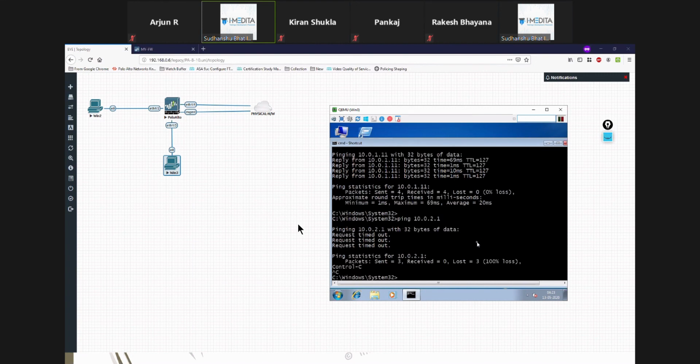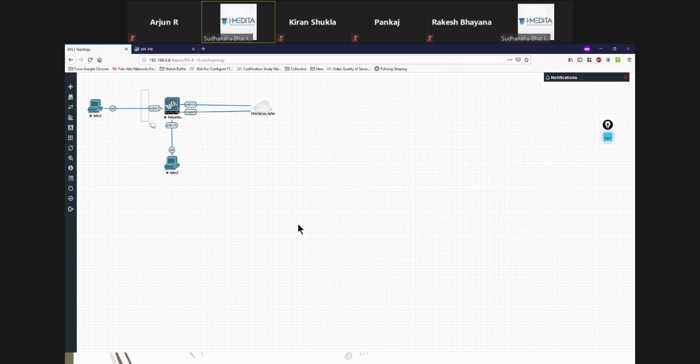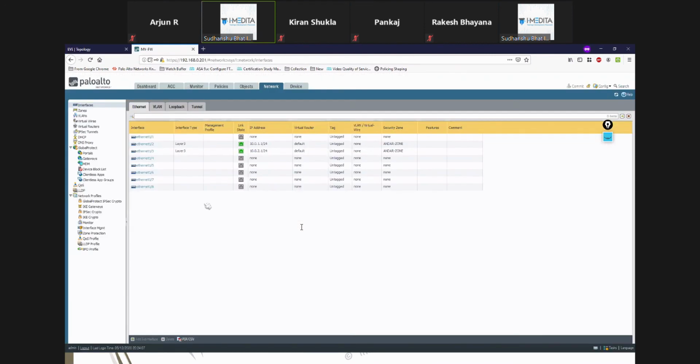By default, on all these in-band interfaces, whether Ethernet 1/2 or 1/3, the firewall will not respond to ping requests. It responds only to ping requests on management interfaces by default. Okay. If you want, especially because we are in a lab environment and sometimes we might need to check connectivity and everything,